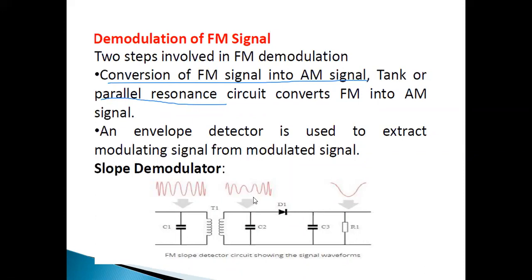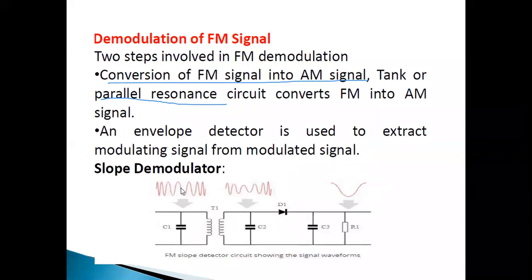In the FM output, it should maintain constant amplitude and different frequencies. But when the output is converted into AM by using the parallel resonant circuit, the output varies in both frequency as well as amplitude. Apply the FM output here, it becomes parallel resonant, forming the amplitude modulated output. Then it is applied through this capacitance, and we get the output as the message signal like this.